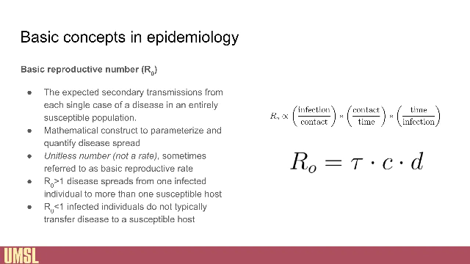So if we break down how you would calculate this, you would need to know how many infections happen per contact, how many contacts happen for some unit of time, and what is the time per infection, right? And so, taking these variables and parameterizing them into tau, C, and D, you can say, all right, if the infections per contact are low, but the time per infection is very high, I can